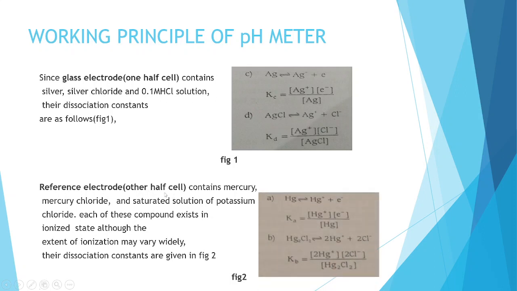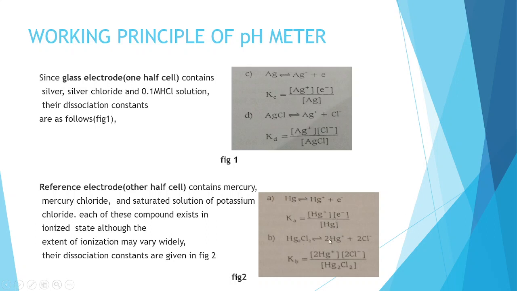Reference electrode is the other half cell, contains mercury chloride and saturated solution of potassium chloride. Each of these compounds exists in ionized state, although the extent of ionization may vary widely. Their dissociation constants are given in this figure. So mercury is reversibly dissociated into mercury and electron, and the dissociation constant will be given by this equation: mercury molar concentration